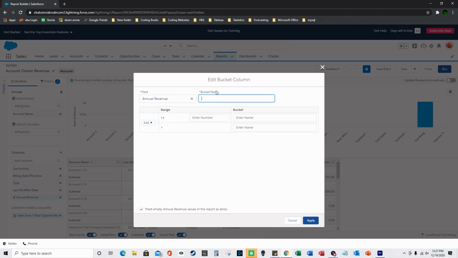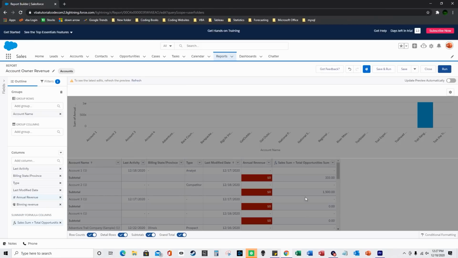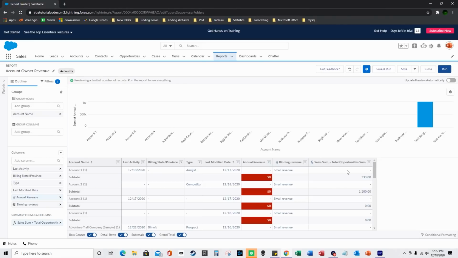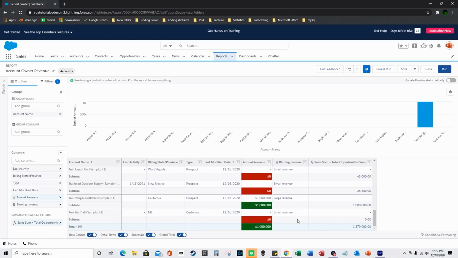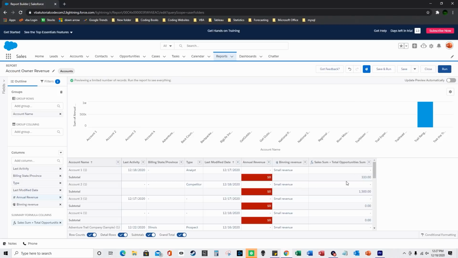So I'm going to do bucket, and I'm going to do less than 0 or greater than 0. So that creates a column called small revenue if it's less than 0, and then large revenue if it's greater than 0. So you could categorize if it's a big or small customer. And then